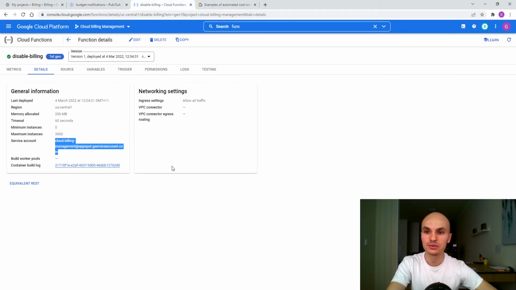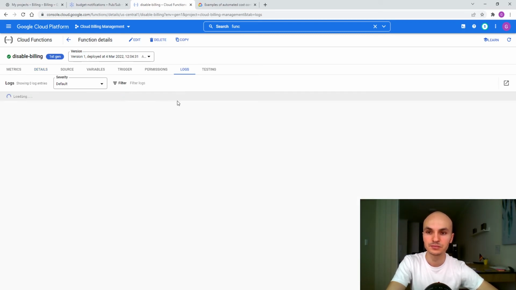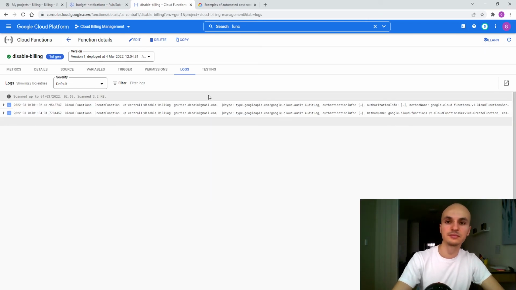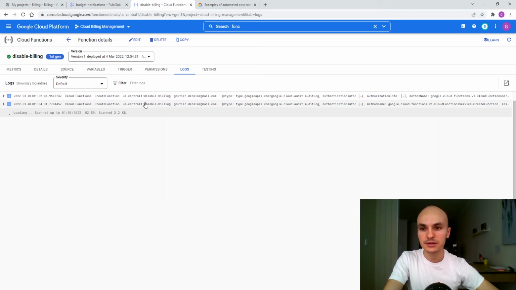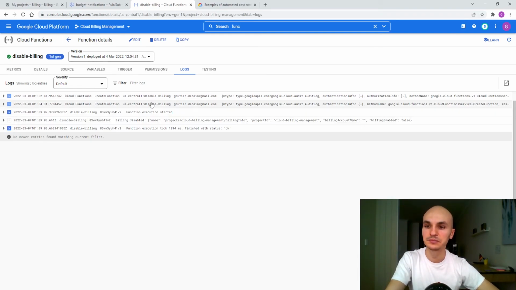and now we go to our function in the logs, and we see if the function has been triggered. So far it's been created, yes. And we see that it's been triggered right there at minute 9. Yeah, that's it. And it says disable billing and billing disabled. Very good. So it seems to have worked if we trust the logs,